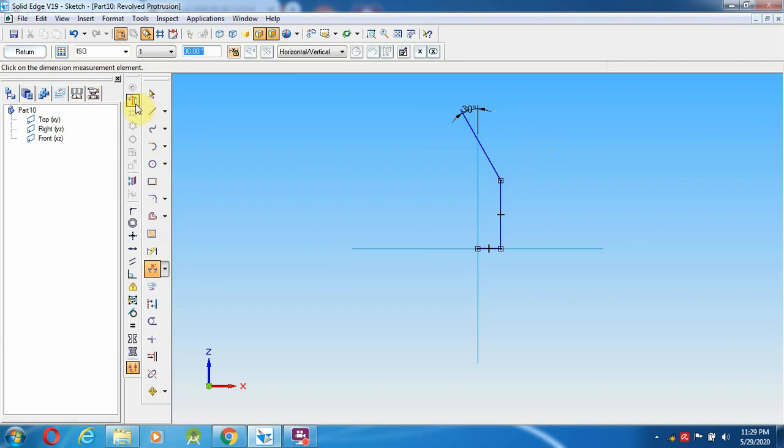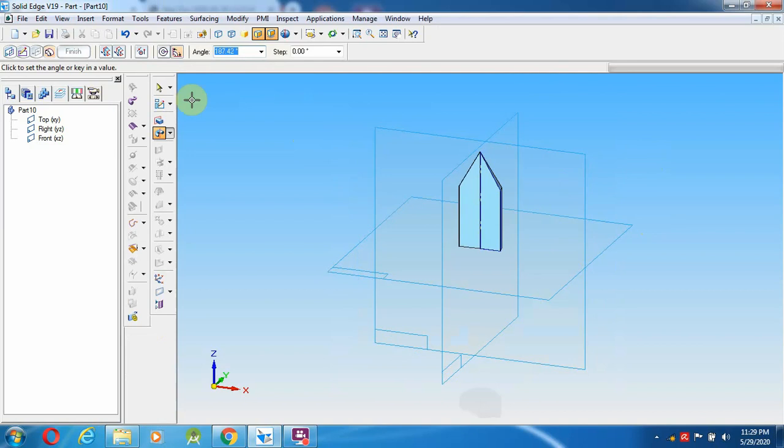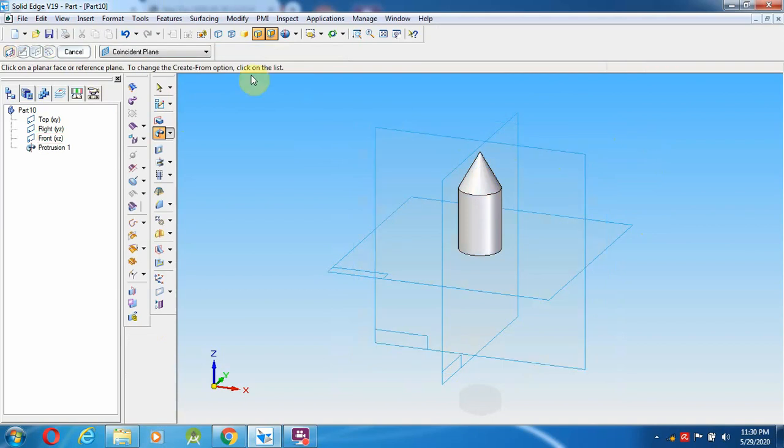So I'm going to draw a line from here, a straight line, and trim it. The portion I'm going to trim over here. Then select the axis of revolution, this, and again trim the top. Okay, return. I can give the angle as 360. Enter, left and right click.